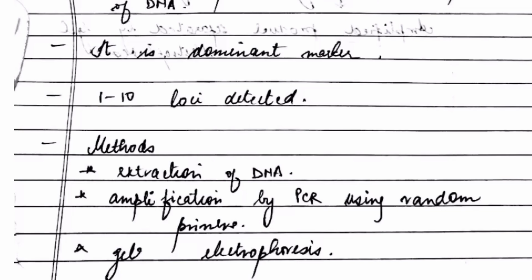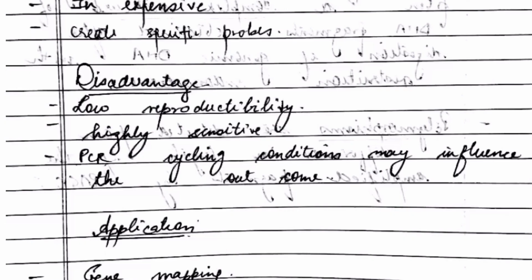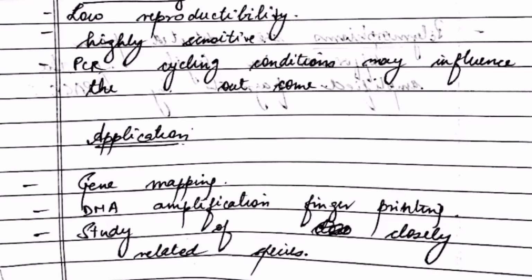For each method, I have mentioned advantages, disadvantages, and its application. It is very important that you write the advantages and disadvantages for all of them along with their application. Almost all advantages and disadvantages are the same. It is used in genetic mapping, F1 identification, seed testing, diversity studying, and like the repeated ones which we studied